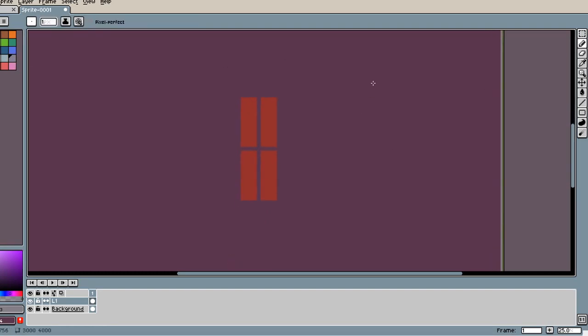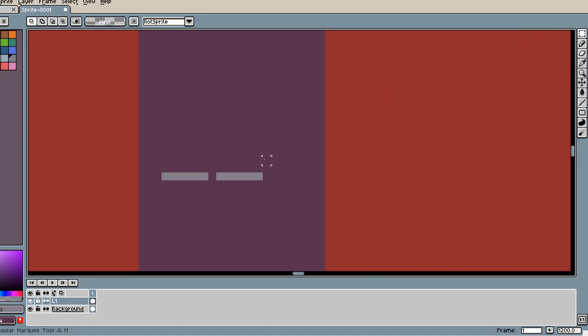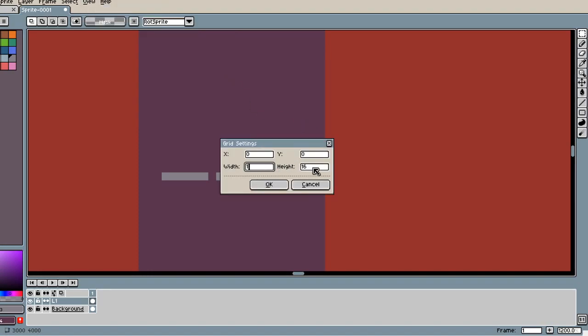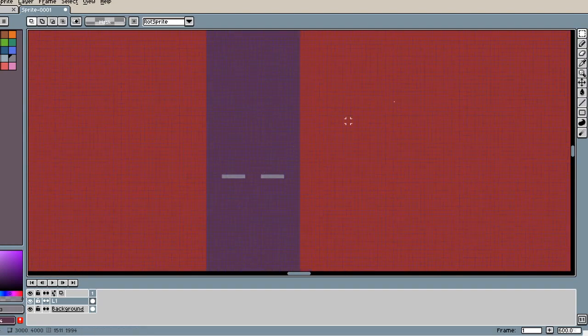1, 2, 3, 4, 5, 6. 1, 2, 3, 4, 5, 6. I'm gonna turn on the grid. I don't know how good or bad that looks for you guys, but it definitely helps me a lot with visualizing things. There